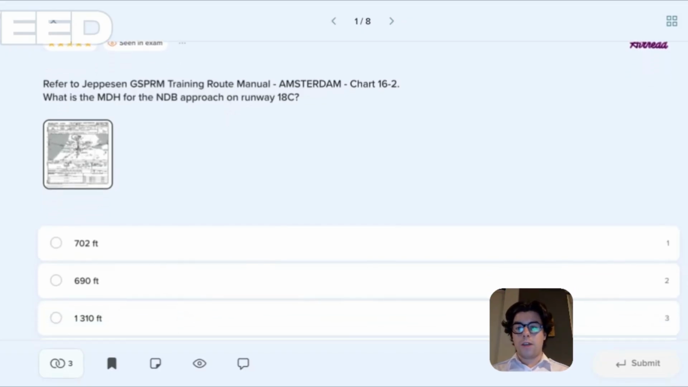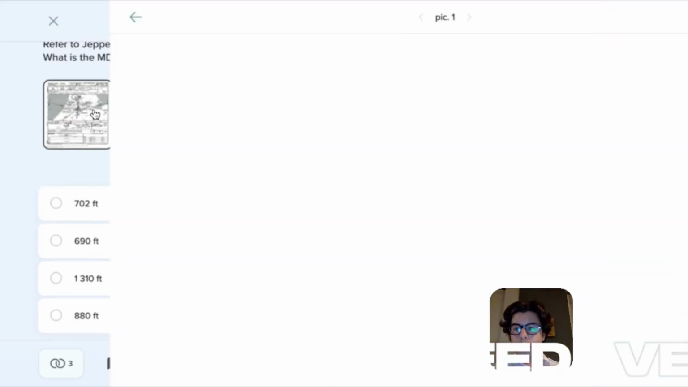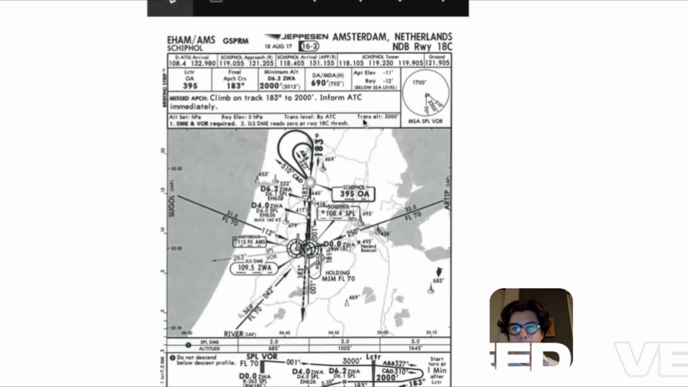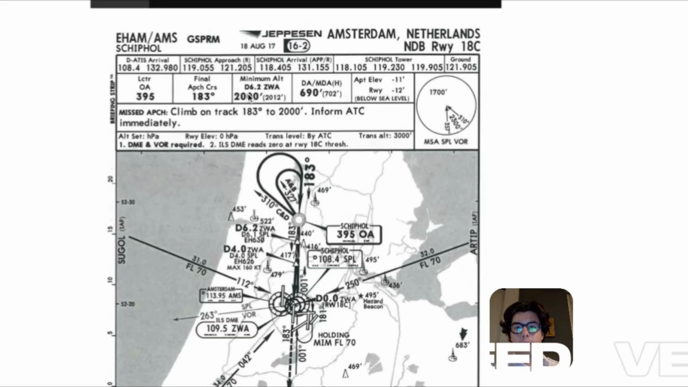Refer to this Jeppesen GSPRM training manual, chart 16-2. What is the minimum descent height for the NDB approach on runway 18 Charlie? So if we open the chart, remember that every approach chart will have this briefing strip right here at the top. This will give you the information such as the frequency of the locator, in this case, which is 395, final approach course, minimum altitudes for the final approach fix, and if or a point if this precision approach, and